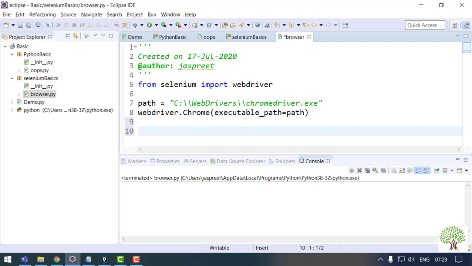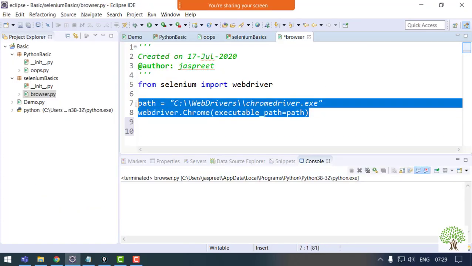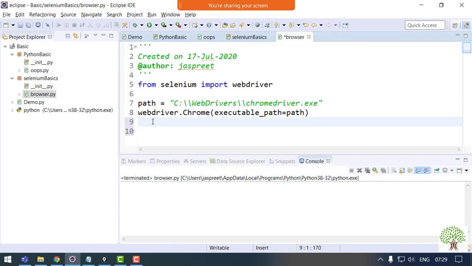So now let's talk about the Firefox browser. For that also I'll have to do the same thing, just with little changes, a different exe.